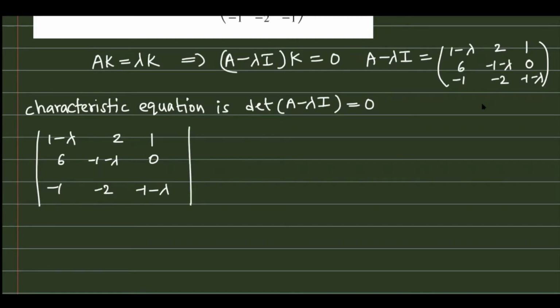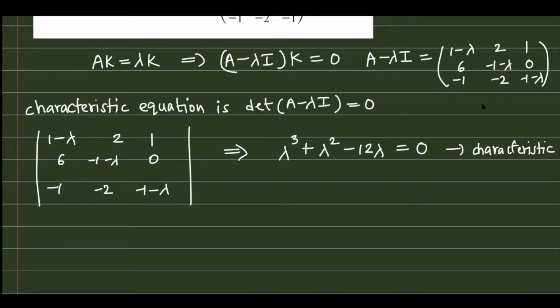So we know how to find the determinant. Since A is a 3 by 3 matrix, we will get a cubic equation, and the equation is lambda cube plus lambda square minus 12 lambda equal to 0. So this is the characteristic equation, and its roots are called the characteristic roots or the eigenvalues. So since it is a cubic equation, we will get 3 eigenvalues for this problem.